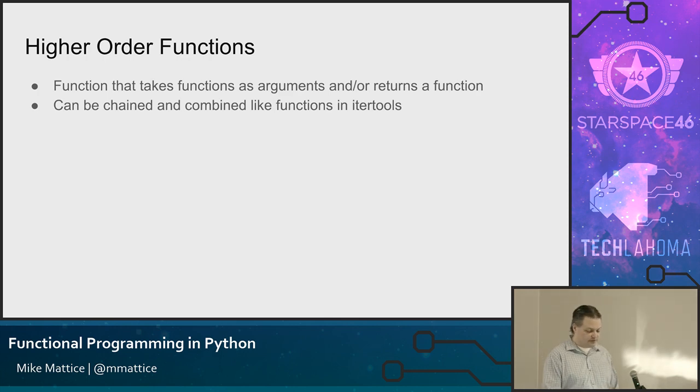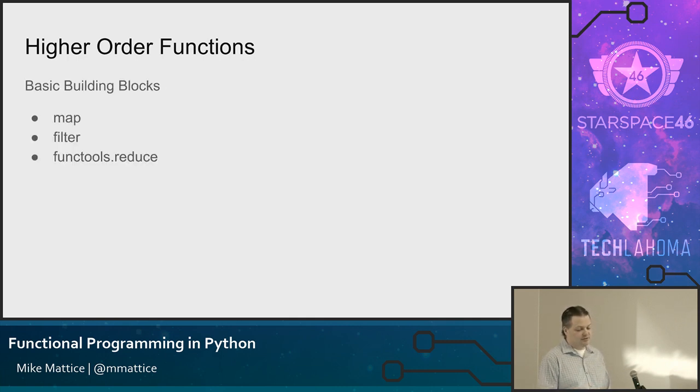So getting into higher order functions. Again, it's a function that can take functions as arguments and/or returns a function. And you can chain them and combine them like the functions in Itertools. So most functional languages use these three functions as their primitives. Sometimes they have other names, but like MapReduce, everybody probably is familiar with that. If you've written any internet-like things ever, maybe. Filter is also super useful. I think we're going to cover some of what they do, but